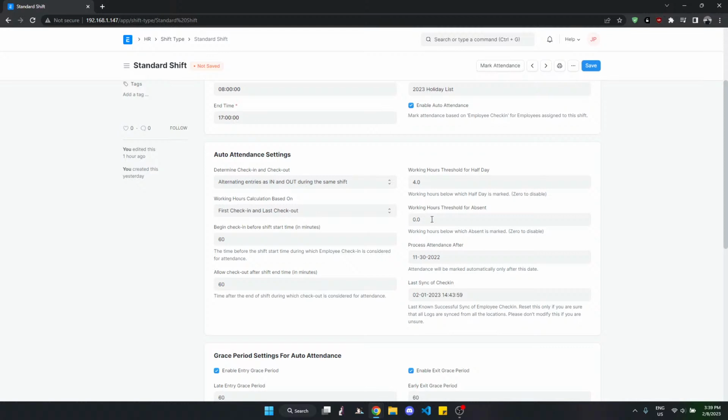You can change it depending on your company's policy. For process attendance after, I just put in November 30 because I'm gonna create data for January or maybe December if I can. As for the last sync of check-in, just put in